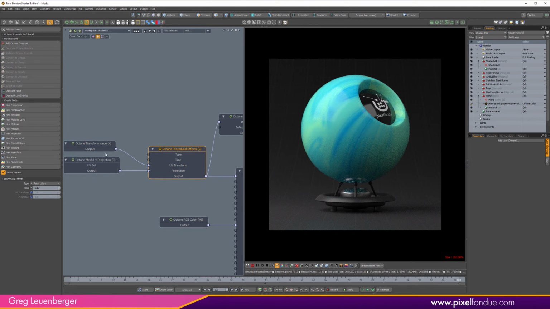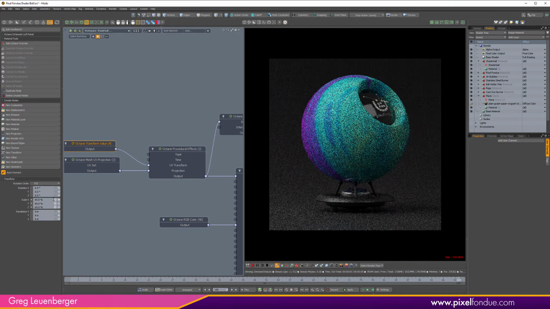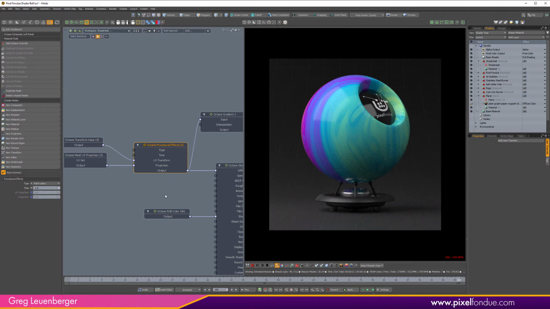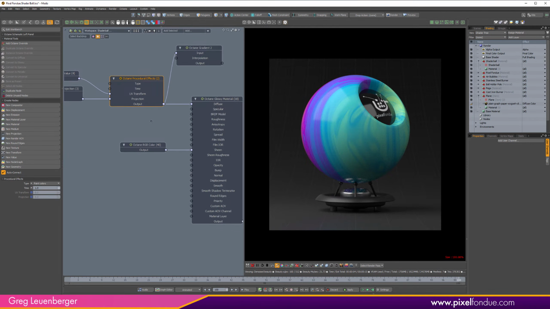So again, these swirly paint colors. I can adjust the scale down here and bring in some colors over here on the edge, and I can adjust the time here as well, and so we get this cool look. And if you want to take it further, you can even get a car paint look by using this new